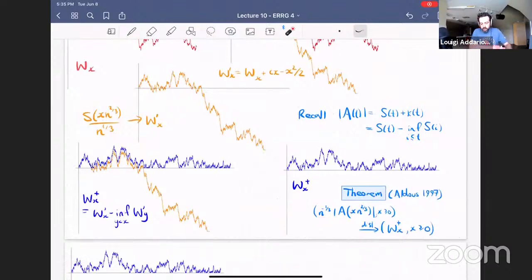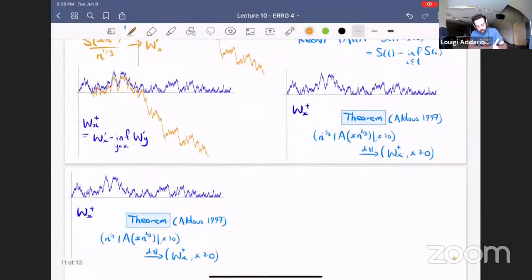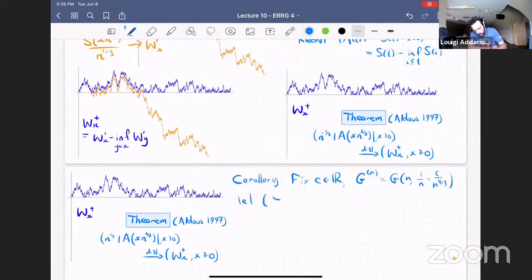As a corollary, because A also tells us about component sizes, Aldous proved that in the parameter regime we're interested in, G(n, 1/n plus C/n^(4/3)), if we order the components in decreasing order of size,